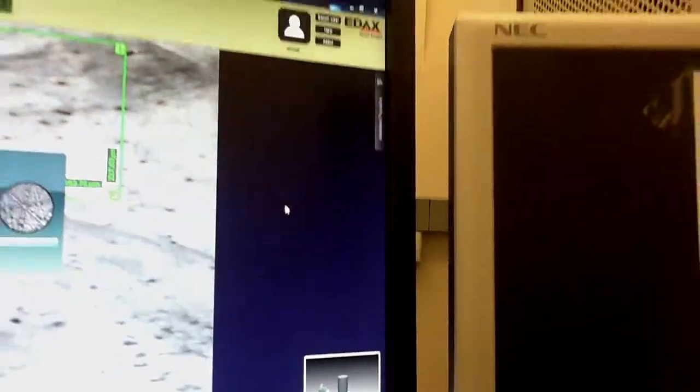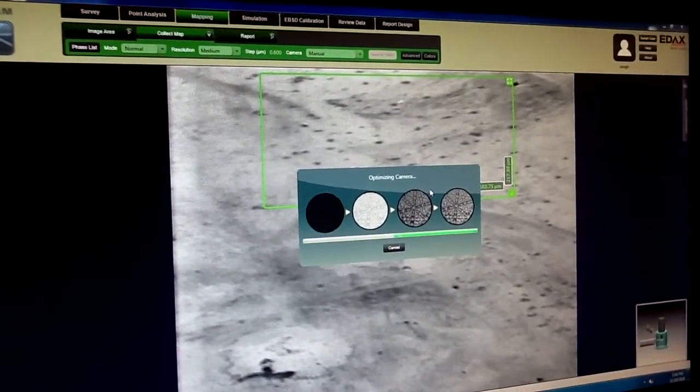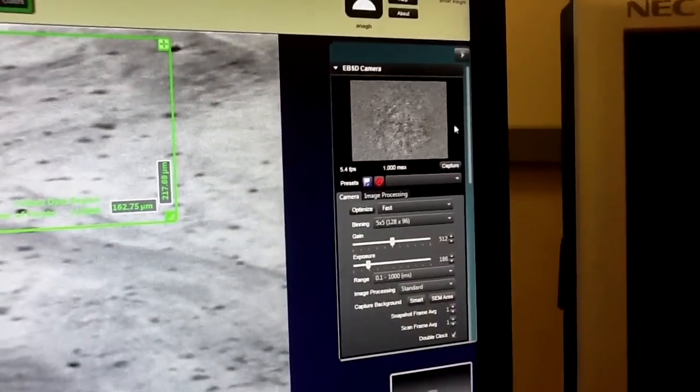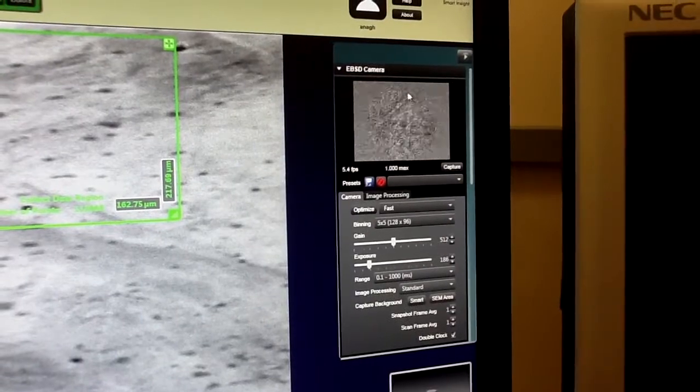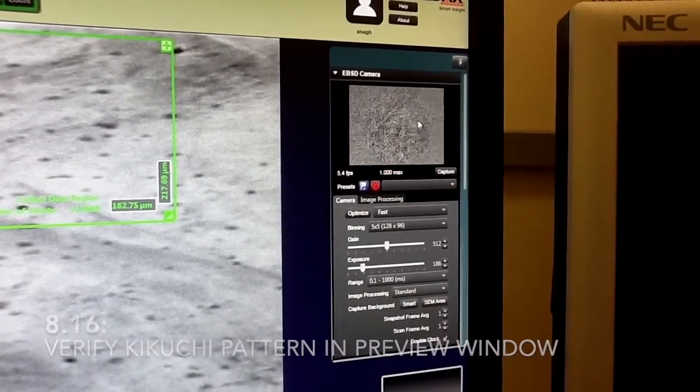So you will see a pop-up again which will start optimizing the camera. Once it is done optimizing the camera, you should see a Kikuchi pattern with distinct lines.